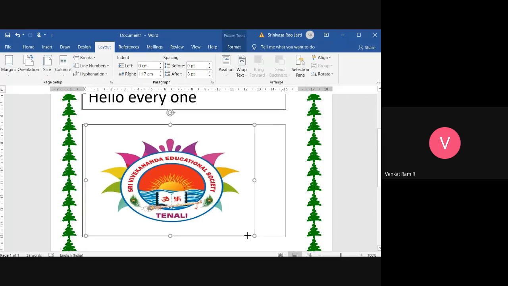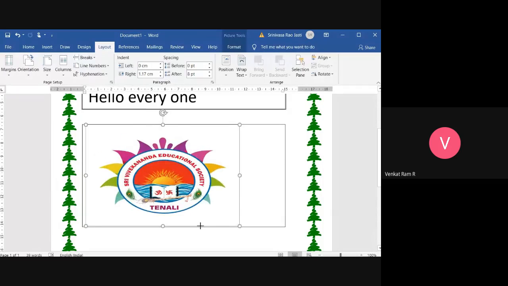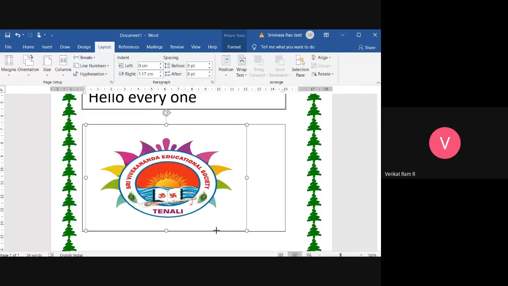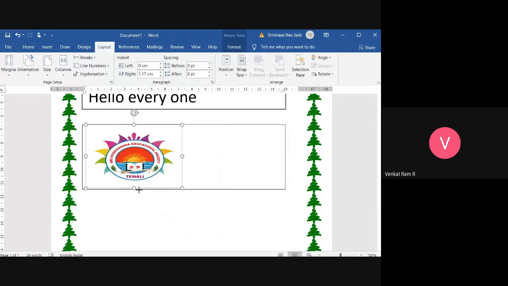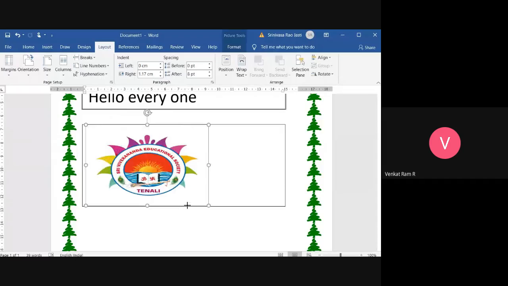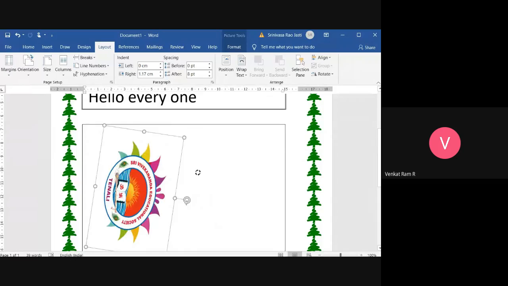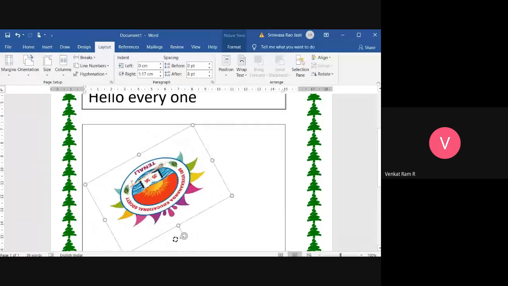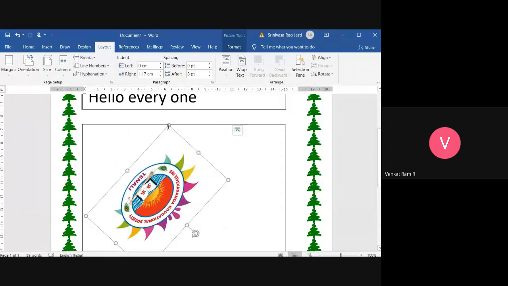But if you are using the corner handles, it will decrease or increase the size perfectly. Means all the sides will increase or decrease equally if you are using corner handles. And this is rotator, where you can rotate the picture. You can rotate the picture using this rotator.